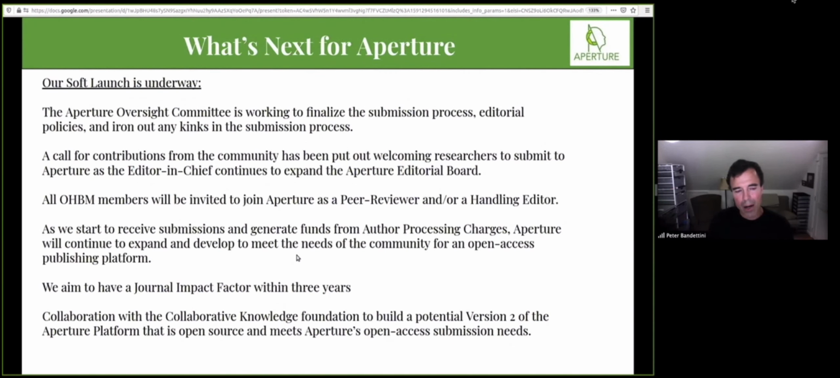We also are collaborating with the Collaborative Knowledge Foundation, or the COKO Foundation, to potentially build a version 2 of the Aperture platform that is completely open source and also meets Aperture's open access submission needs. So this was sort of the original intent, but we realized it was a little bit more tricky and it took a little bit more effort than we necessarily had time to get going. So that's why we went with the Attendee Interactive. And for all purposes, we might go with the Attendee Interactive